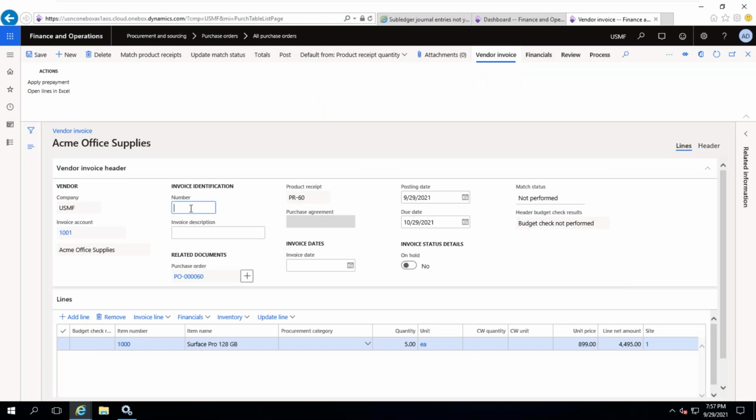Now I'm entering the vendor invoice number. The invoice copy, whatever I have received from the vendor, that invoice number I need to enter. Invoice date